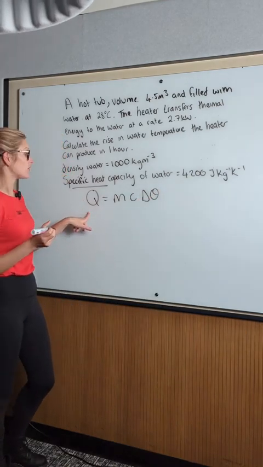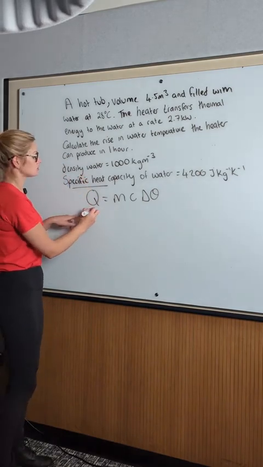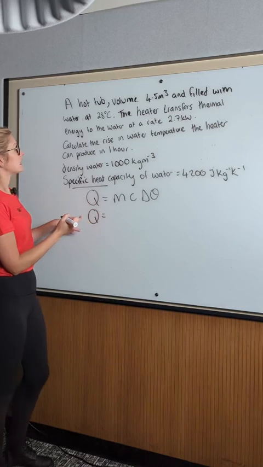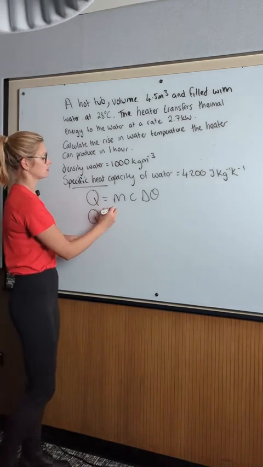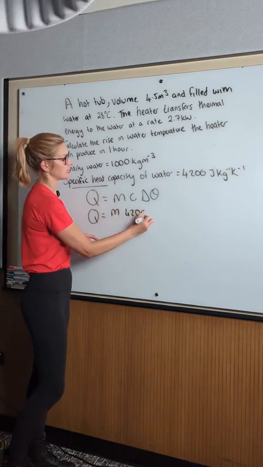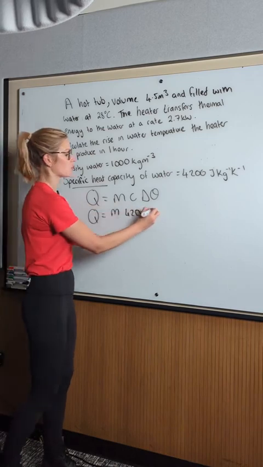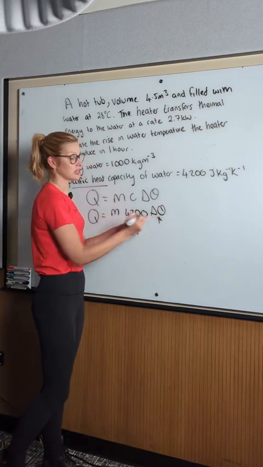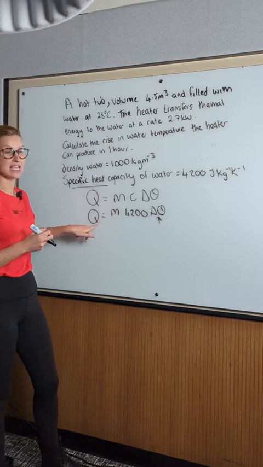Okay, so I fill in what I know already. So I don't see an energy anywhere, so I'm just going to keep Q. I can see that the mass is not there either. The C, specific heat capacity, is 4,200. I need to find out the change in temperature, so that's the whole point. So if that's what I'm trying to figure out, I must already have the mass and the energy somewhere else